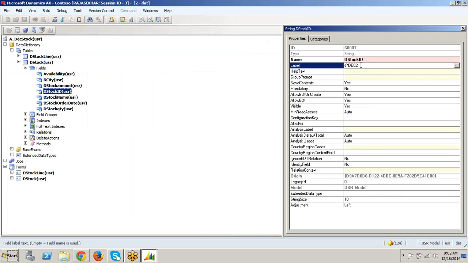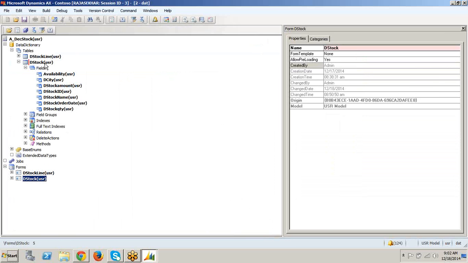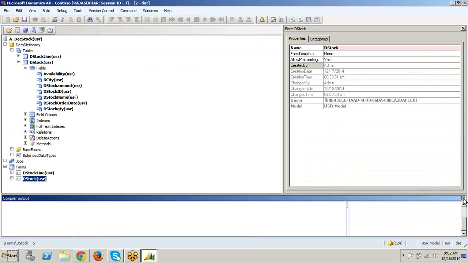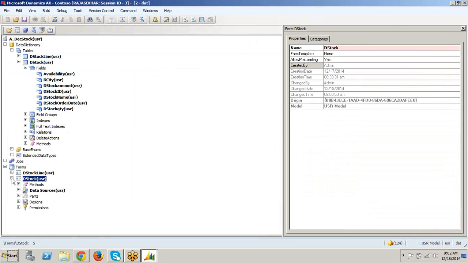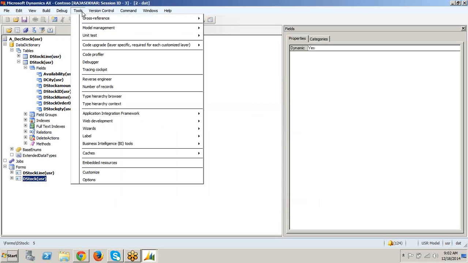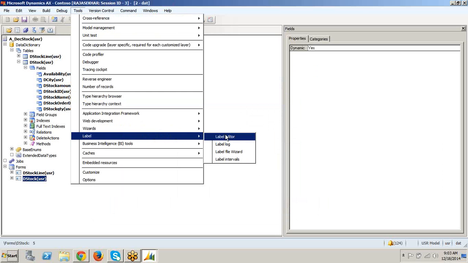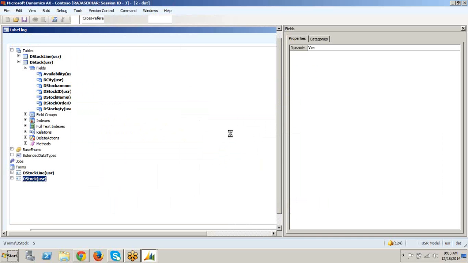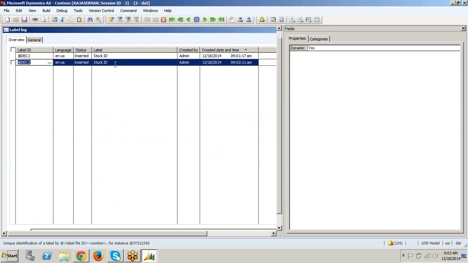At the rate DEC2. What is there in DEC2 actually? In DEC2, we have the label for the stock ID. Now if I open this form, see, I will get the stock ID. In the tools, label, if you see the label log, stock ID.